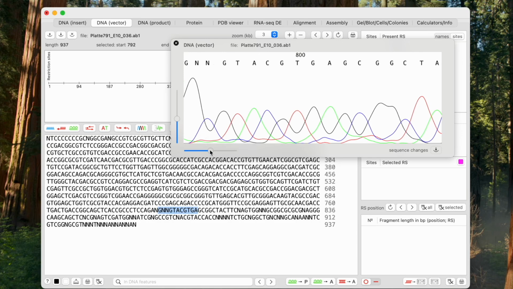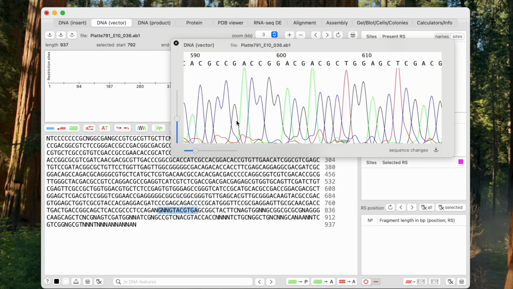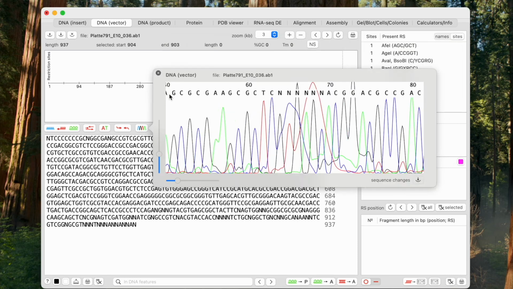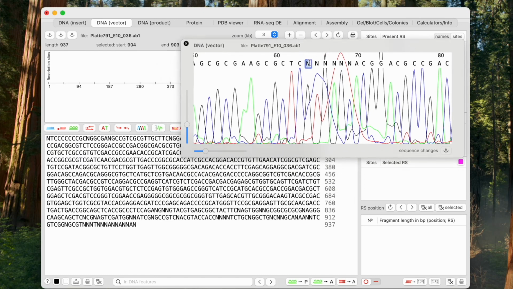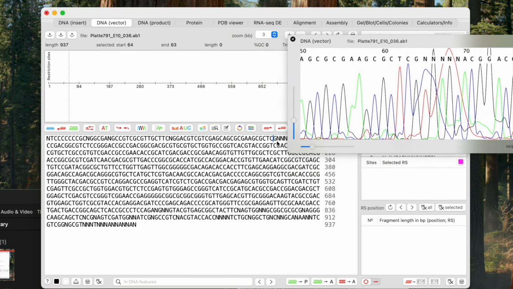And you can change the width of the chromatogram. You can make peaks more narrow, or you can increase the height. At the top of this chromatogram you see the sequence, and when you look at this chromatogram and you see that, for example, here position N actually corresponds to G, what you can do, you can double click, change to G, and then after this, if you would like to save this in the original file, you have to press this button, and by pressing this button you will see that you automatically change the N to G